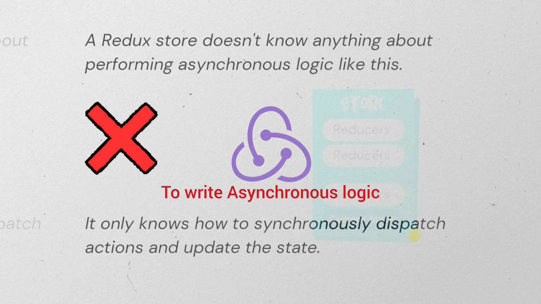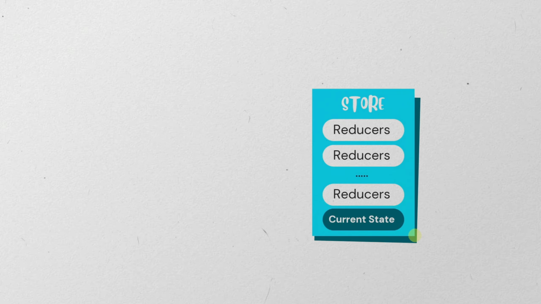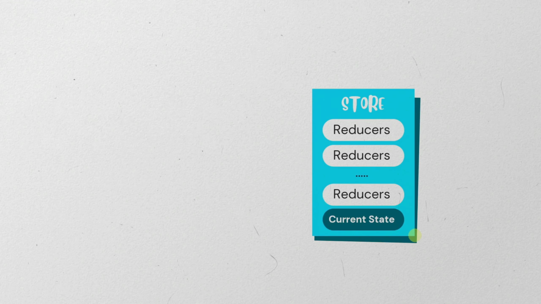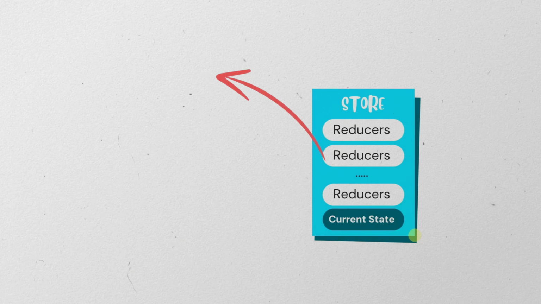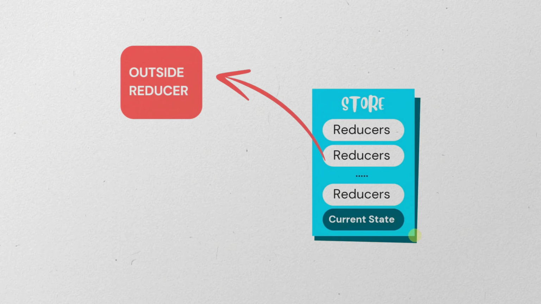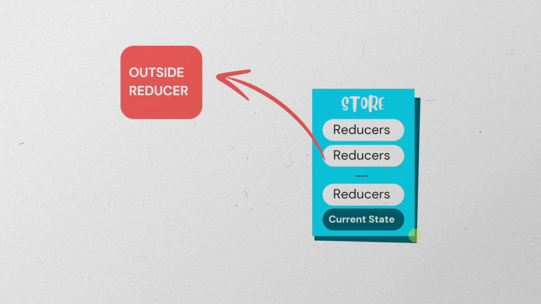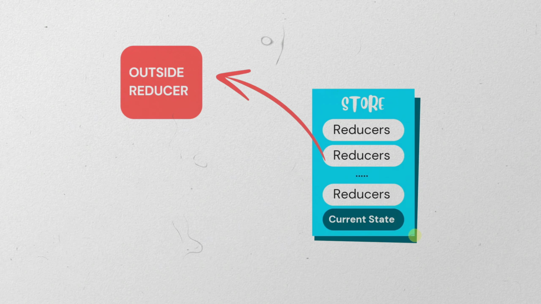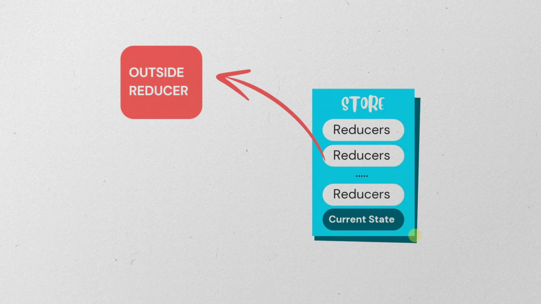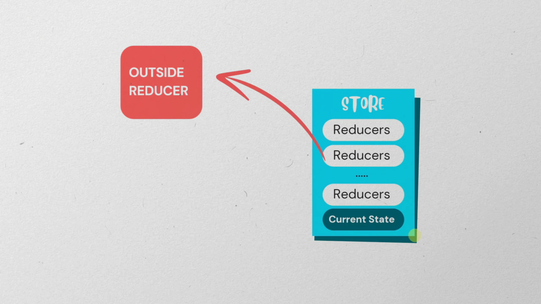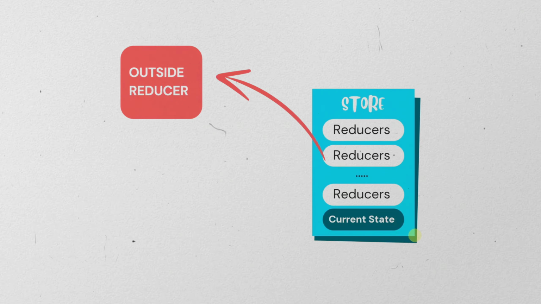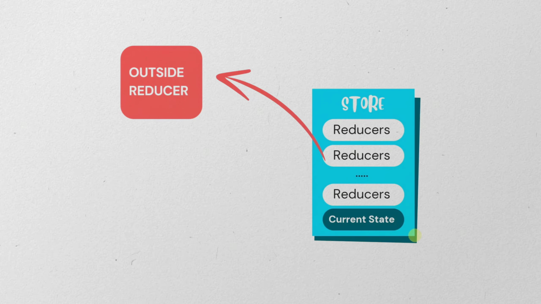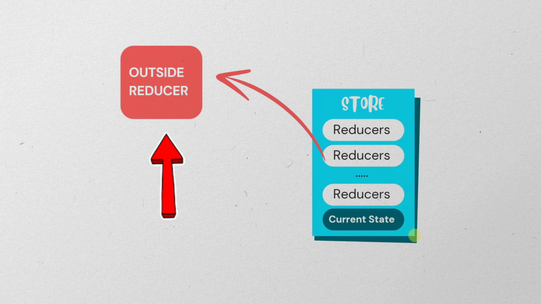So this is the task of the store, and there is no way we can write any asynchronous logic inside the store. The simple answer is that any asynchronous operation, like an API call, has to be performed outside the reducer. We already know reducers are present inside the store, and once we dispatch the action, the reducer will pick up the action and accordingly update the state. But inside the reducer, we cannot write any asynchronous logic. The entire asynchronous operation code has to be written outside the reducer.